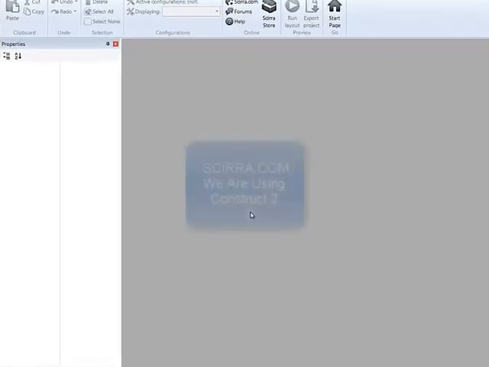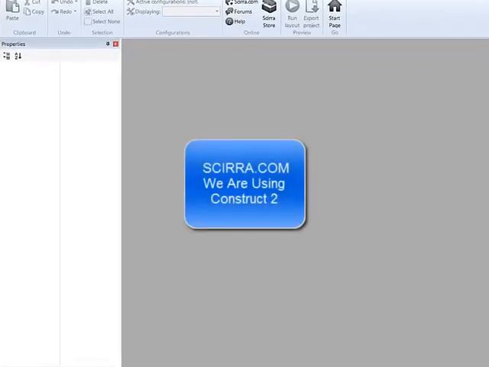Hi, let's take a look at Construct 2 from Scirra, Scirra.com, spelled Scirra.com. This is the IDE for Scirra.com. What we are going to do is create a very simple Windows 8 store application. You would want to put this application on the store, but it will quickly show you how to get started